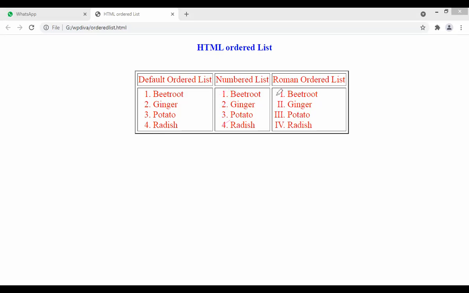If I take a type which is Roman, it will come in Roman form, 1, 2, 3, and 4. If I do not pass any type, by default it will come in the number format. This is the comparison of how to make an ordered list and how to use the parameter type. Is it clear?